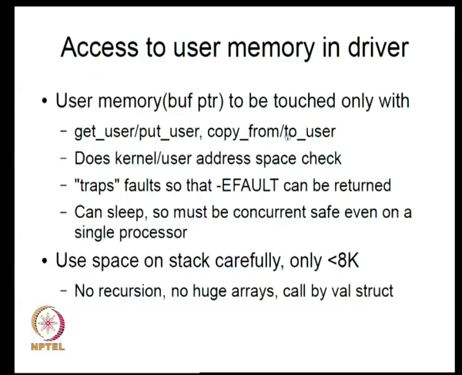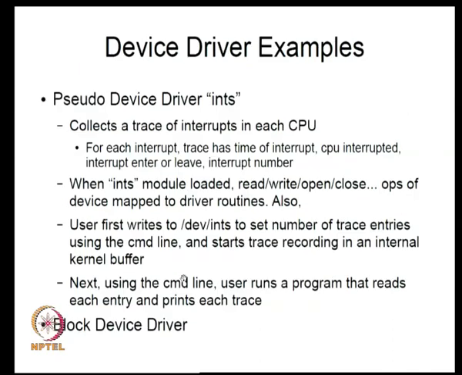So, I was talking about this part. Basically, when you use get_user, put_user, copy_from etc., it does a kernel/user space address space check, just to validate. So that's part of it. Okay. So, basically what we are doing in this example is when